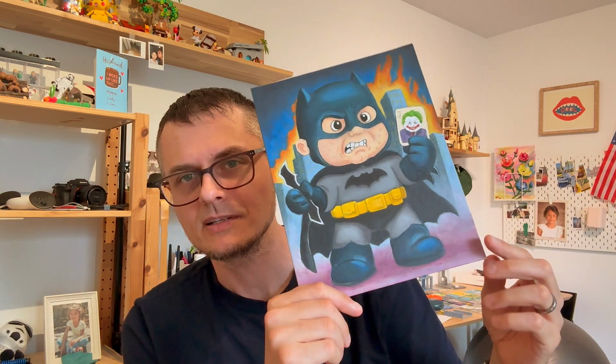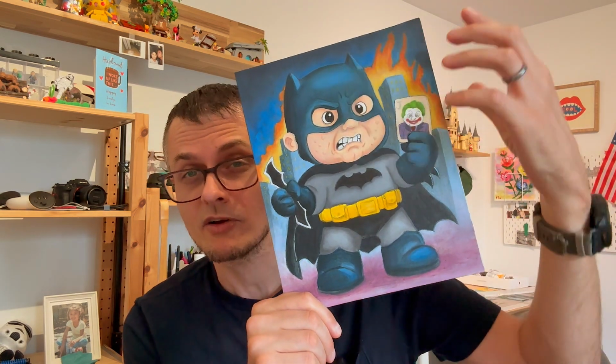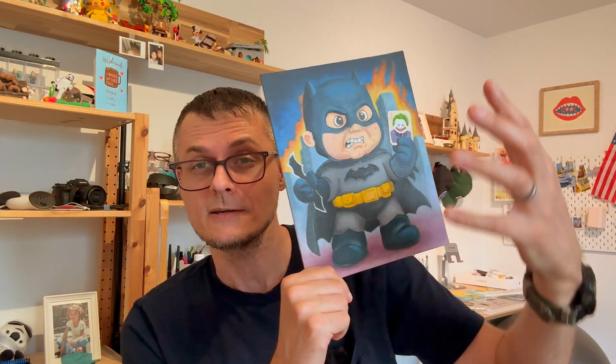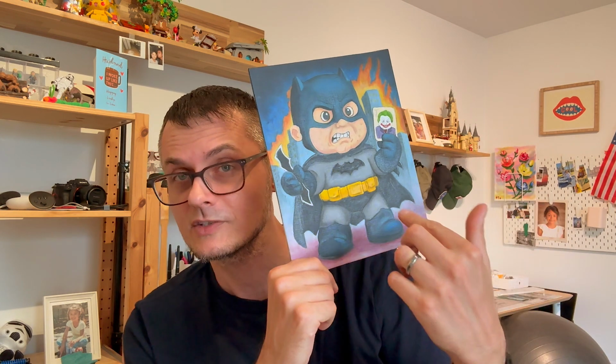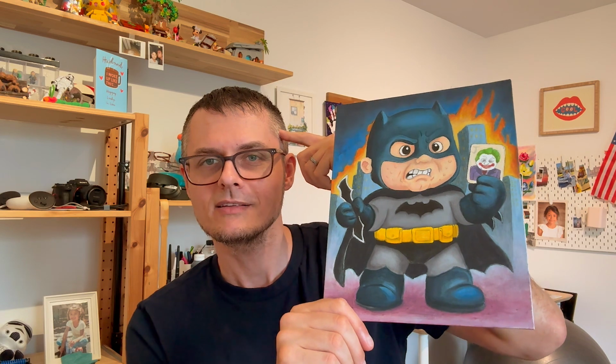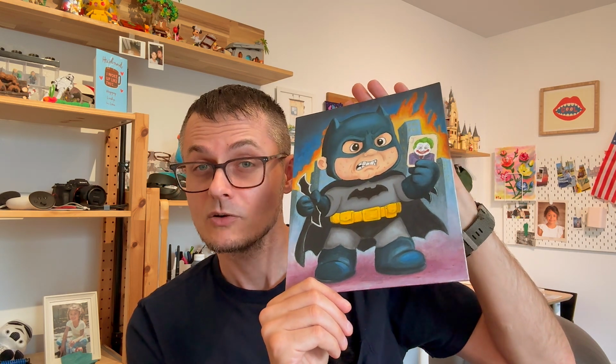The batarang thing needs to be done. I'm not sure if I will put more effort into the background or not. I kind of like it to be simpler than him to separate the background from the foreground, which is the character. So a lot of these choices, this conversation that happens when you're painting, right? And I think that's what I love about oil painting, is that you have the time to have that conversation. I like to paint gouache, which